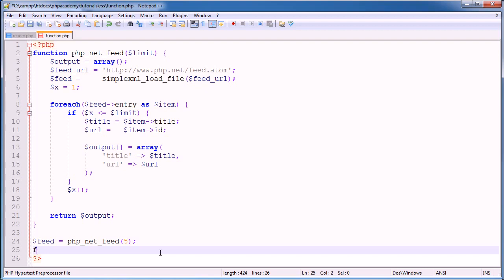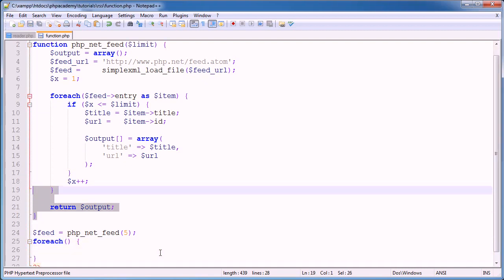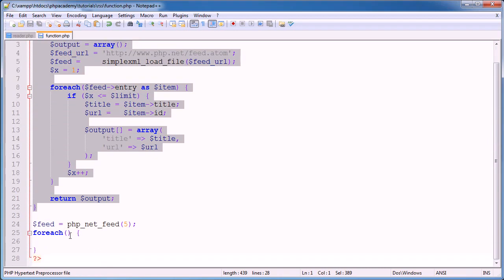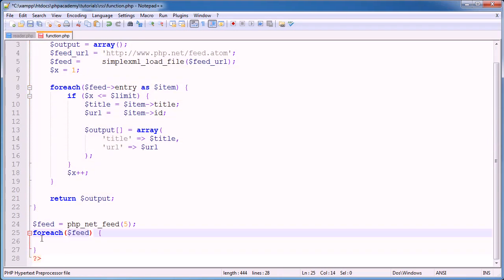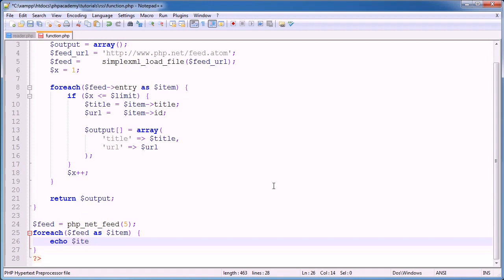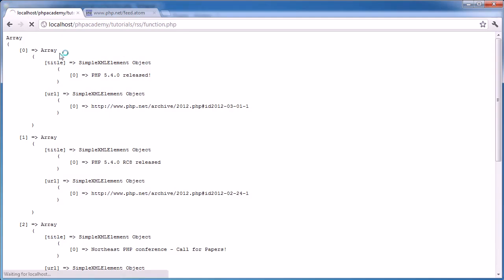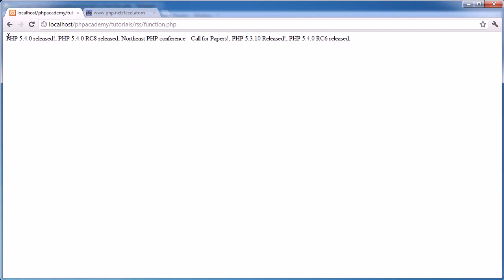So what we can do now is say foreach, and what I need you to do is imagine that this is in a completely different file. We can say foreach feed, so remember we're working on our feed here now. For each feed as item, we could then say echo item title, and then we could go ahead and concatenate a comma onto it, for example. So when I refresh now, you see that for every loop we're getting this title given out to us,